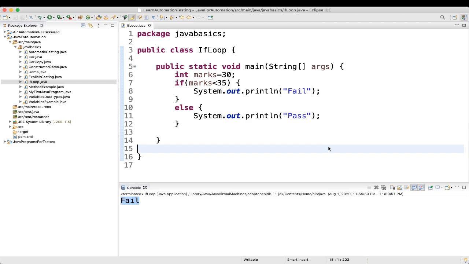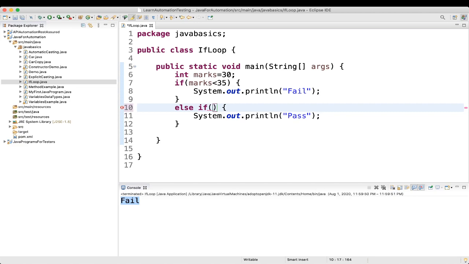We'll keep the marks the same and keep this condition the same. Then we'll write else if. We are keeping if, then else if, and we'll give another condition in else if.